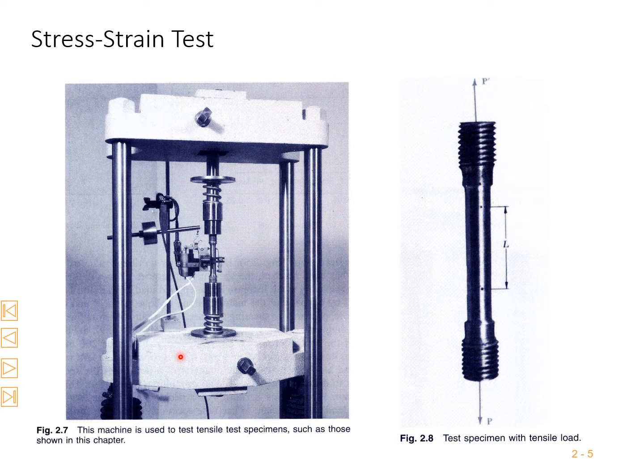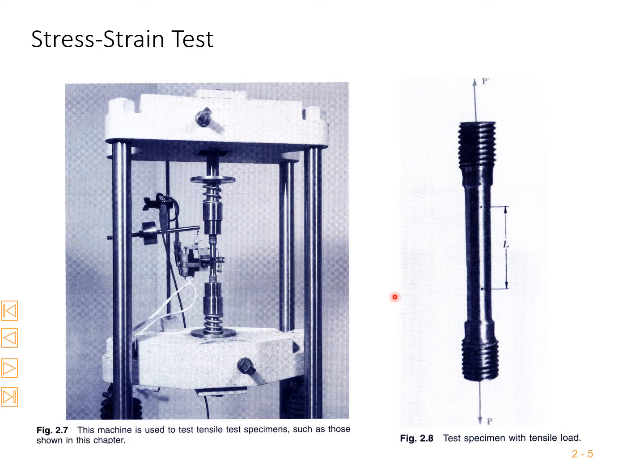So here what we are going to do is the stress strain test setup: the test specimen with the tensile load. This is the specimen. It is connected at the two ends with these machine parts and threaded portion, so it tightens. When we apply the load P like this, it will try to elongate between these two points. This is how we will find out the